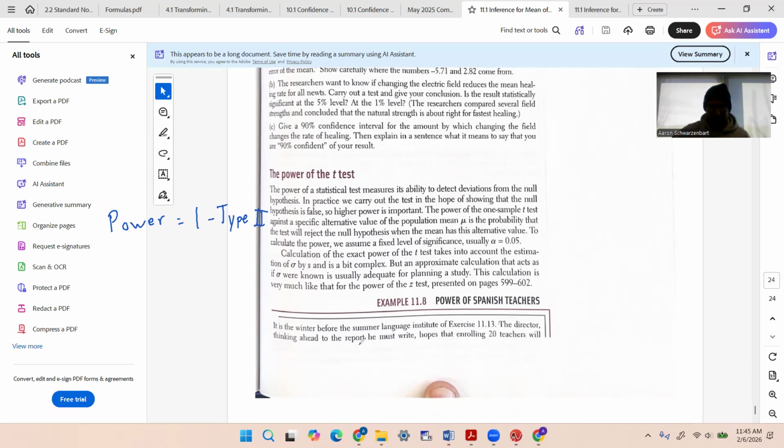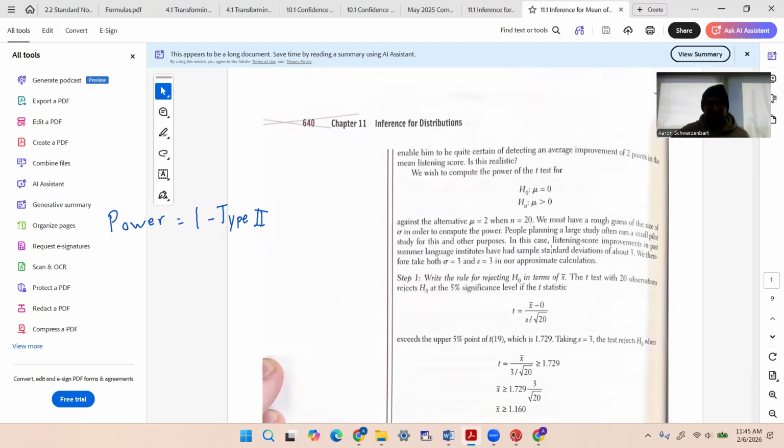The director, thinking ahead to the report he must write, hopes that enrolling 20 teachers will enable him to be quite certain of detecting the average improvement of 2 points in listening score. Is this realistic? So we need to compute the power. He says 2 points is enough of a difference to make it worth it. So he wants to know 2 against the alternative, and he wants to know if 20